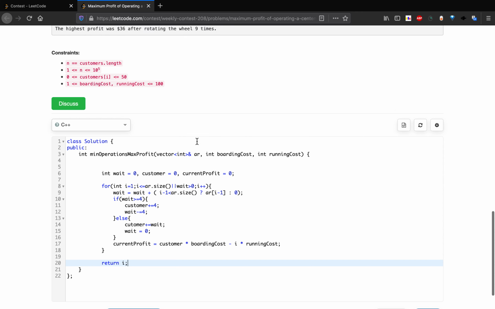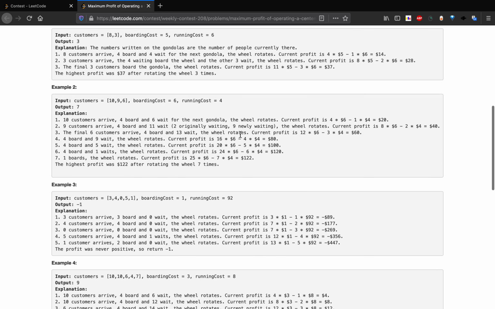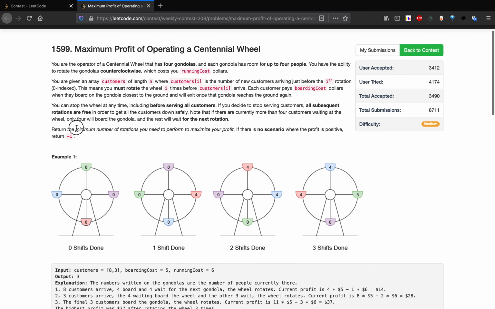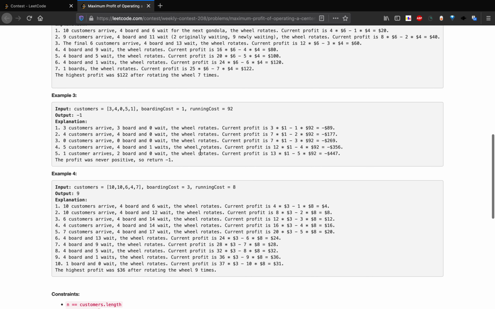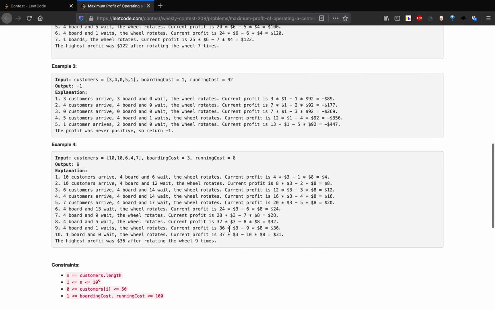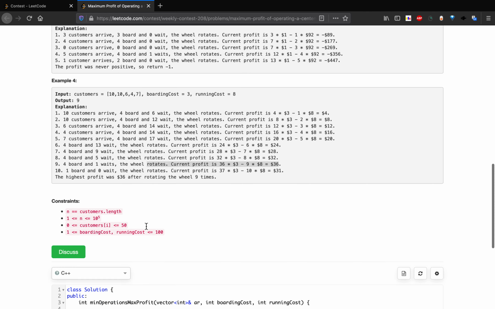Okay, we'll have to output the maximum profit which we achieve in the minimum number of rotations. So here, as we can see in sample test case 1, the maximum profit achieved was $36 in the 9th iteration.